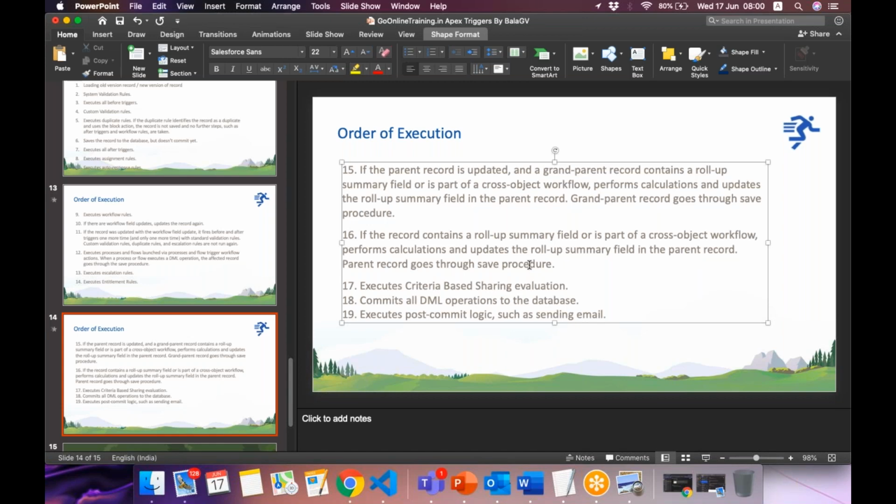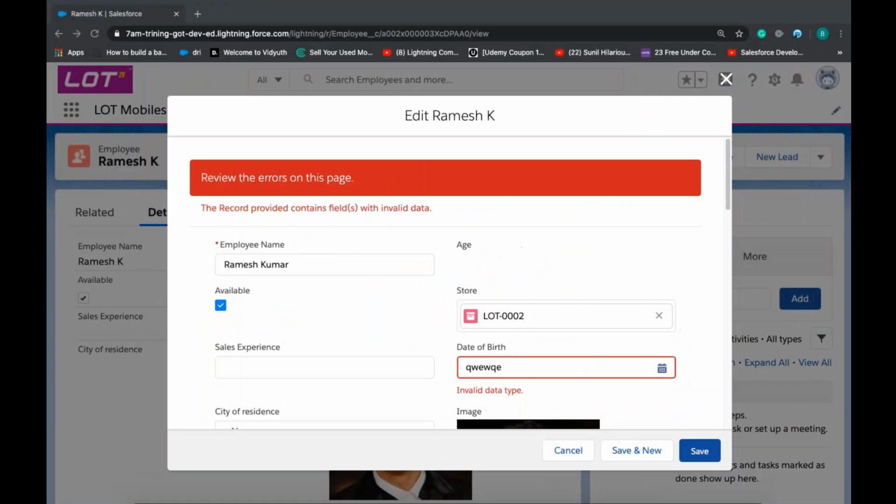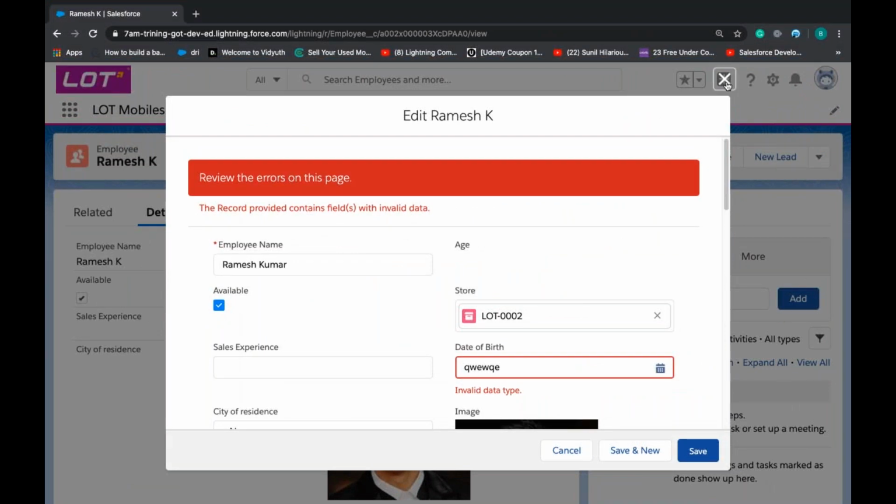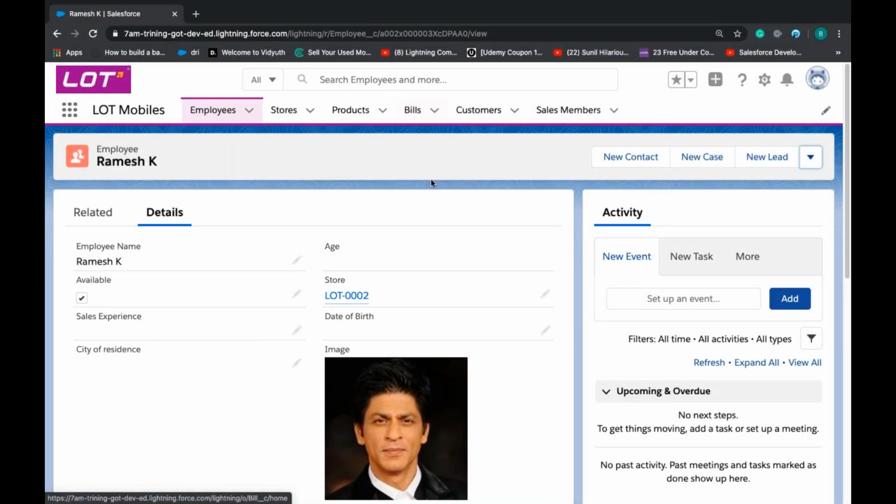Okay, so remember, whenever a roll-up summary happens, it happens from child to parent, right? So whenever someone sells mobiles, the number of sales and total amount will be updated in the employee. If you remember, whenever someone sells and generates a bill, that data will be updated in employees, right?